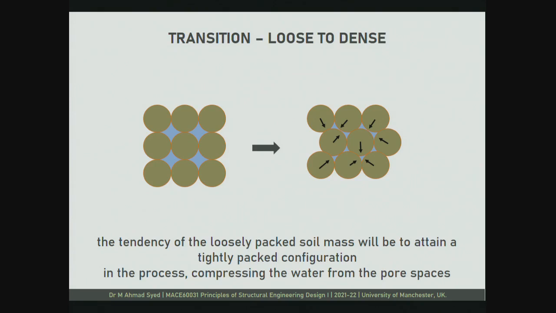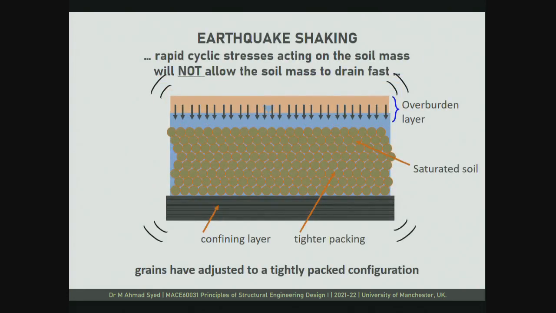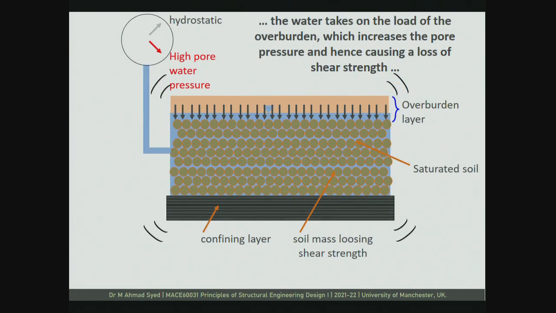Okay, and at the same time, since it is incompressible, it will also try to exert an equal and opposite reaction on these grains. So rather than coming together, there will be repulsive forces. Okay, so these repulsive forces will also result in these grains moving apart from one another rather than trying to come closer to one another. Okay, so we have pore water pressure increase suddenly, and we also have these repulsive forces which are trying to move these grains apart. Okay, so what happens here is you have hydrostatic pressure becoming very high, it takes a very high value, and of course because of these repulsive forces you have this loss of grain to grain